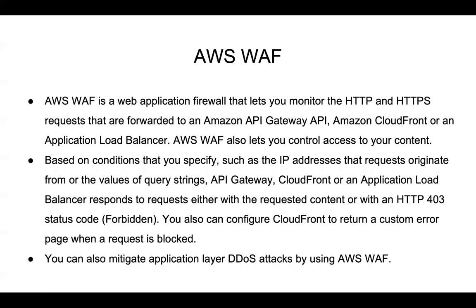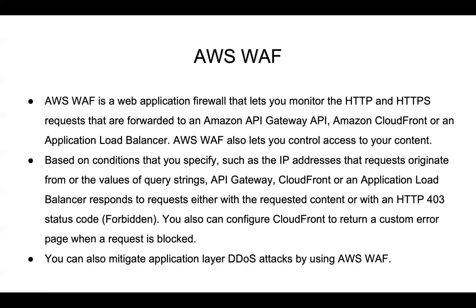When it comes to AWS WAF, it is a web application firewall. It lets you monitor all of the HTTP and HTTPS requests, so you can protect yourself from attacks such as cross-site scripting, SQL injection, and so on. And you can integrate the web application firewall with three services specifically. One is Amazon API Gateway. The other is Amazon CloudFront. And the third is the application load balancer alone. You can note over here that the classic and network load balancers don't support WAF, but the application load balancer does. So these three integrations you'll have to remember going into your exam.